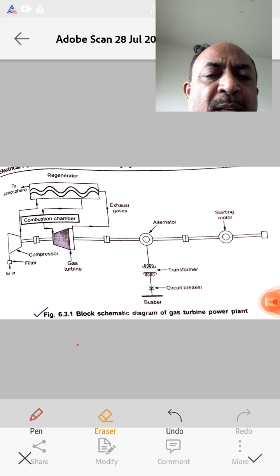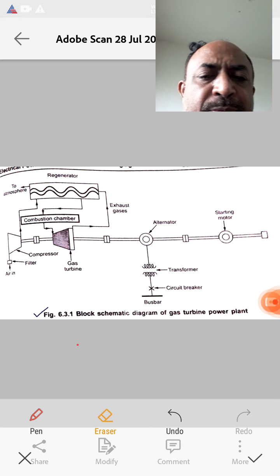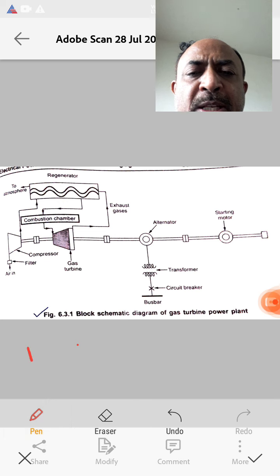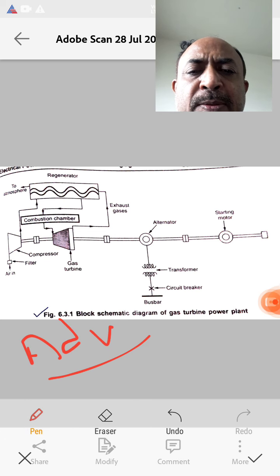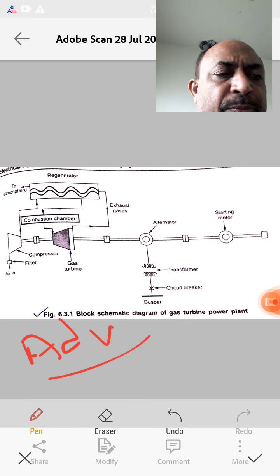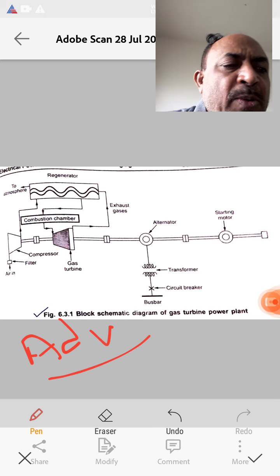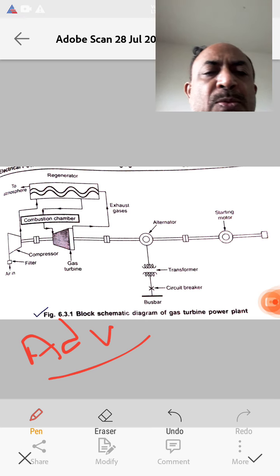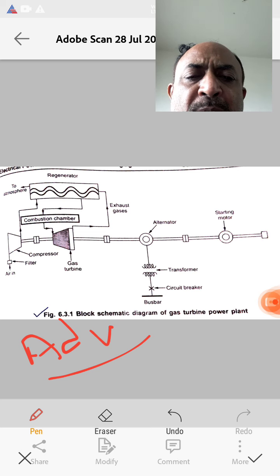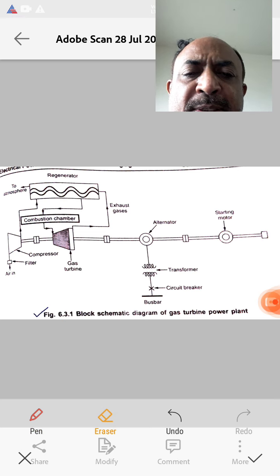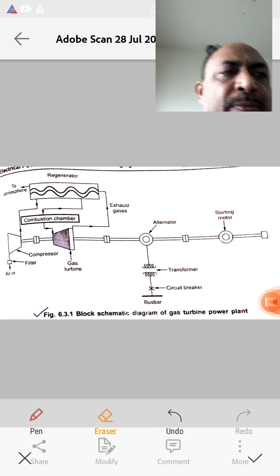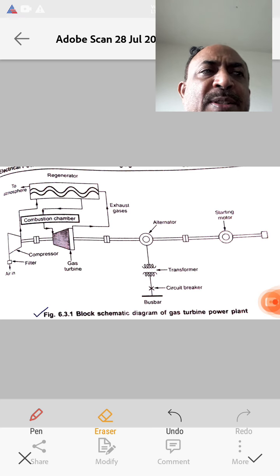The initial cost of a gas turbine power plant is very low. The starting time required is only about 2 minutes.